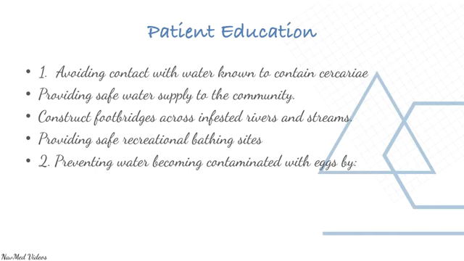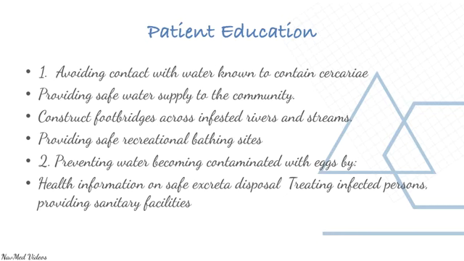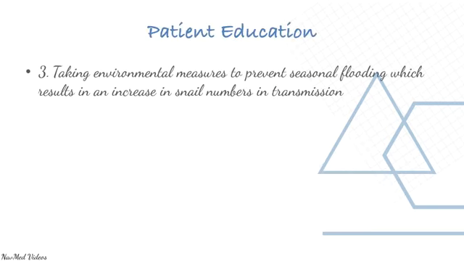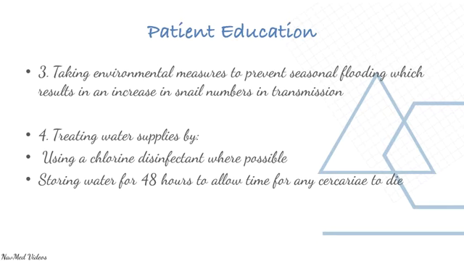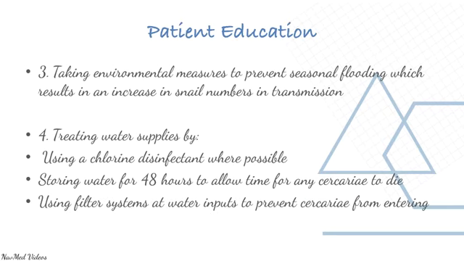Prevent water becoming contaminated with the eggs by health information on excreta disposal, treating infected persons, and providing sanitary facilities. Take environmental measures to prevent seasonal flooding, which results in an increase in snail numbers and transmission. Treat water supplies by using a chlorine disinfectant wherever possible, store the water for 48 hours to allow time for any cercariae to die, and use filter systems at water inputs to prevent cercariae from